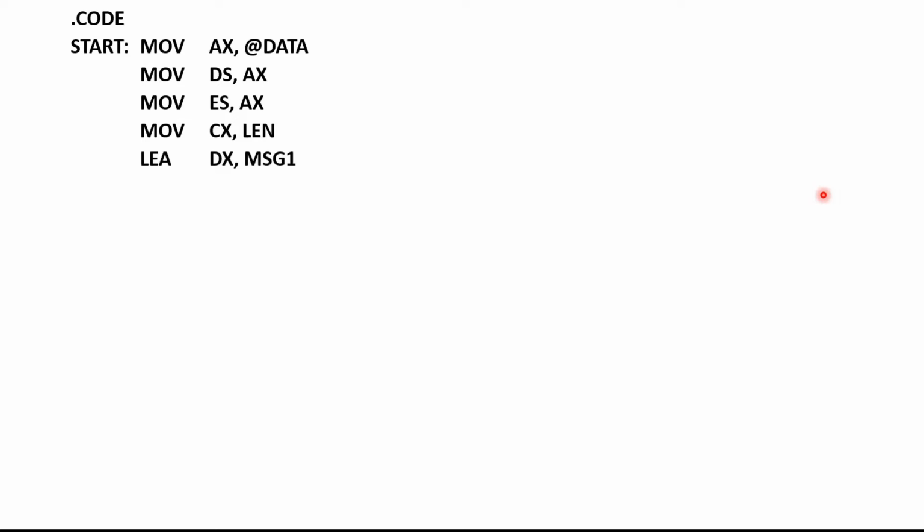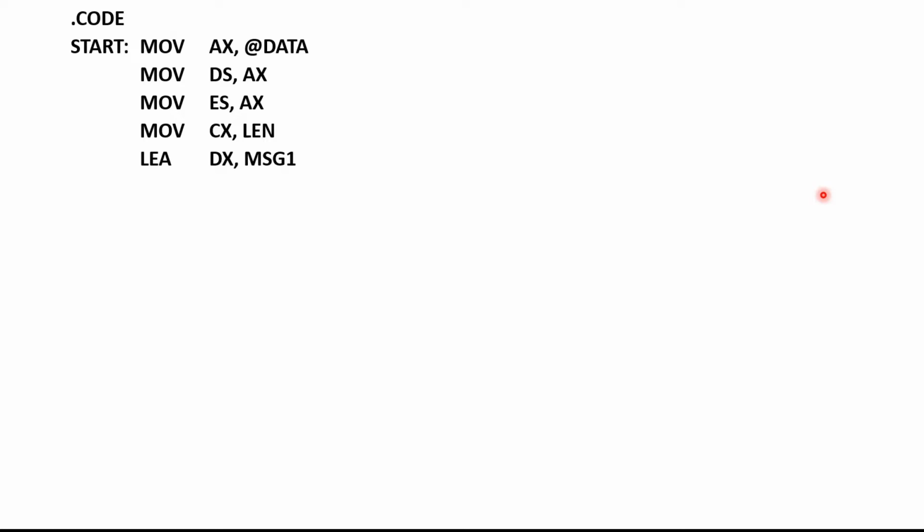Now I'm going for displaying my first message, which is enter the 2-digit number. I am loading the effective address of message 1 onto the DX register, because here I am going to use an interrupt for the display operation.